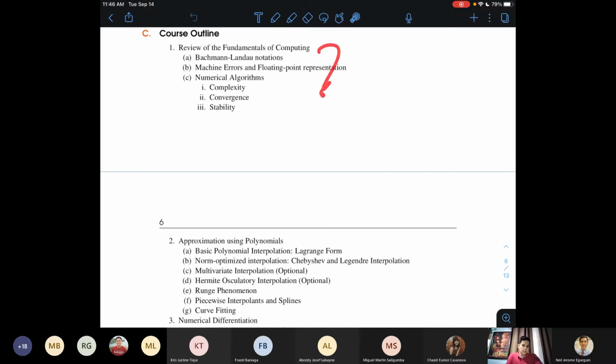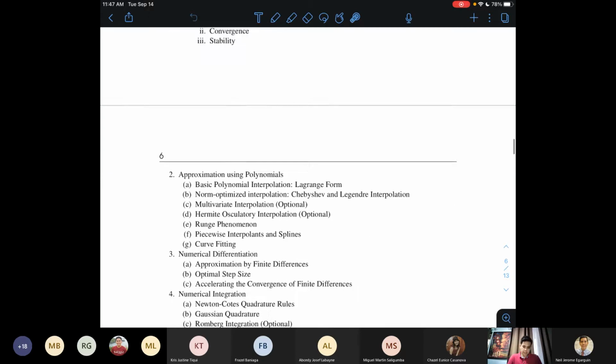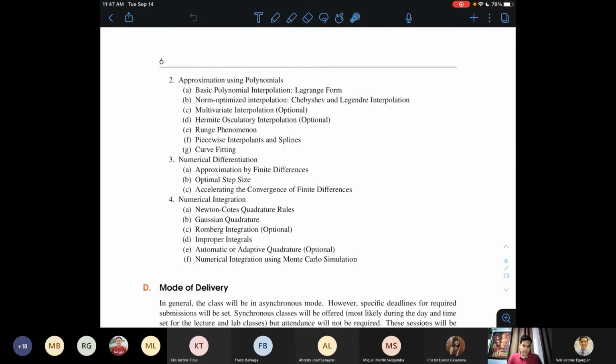But don't worry, if you think this is too much for the first week, alam ko busy pa kayo probably with registration matters, setting up your Canvas or your computing software, that's fine. There is no graded assessment for the first week pertaining to these topics, pero please kindly read on them because we will encounter these terms or these concepts as we go along and discuss specific algorithms. So magpa-pop up siya, and I won't spend too much time going into the details of each of these terms, all right?